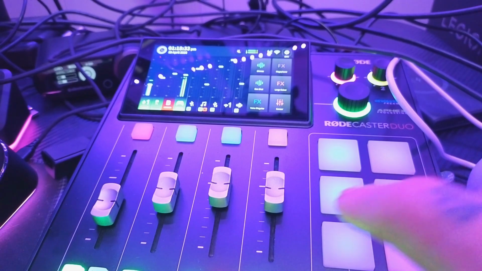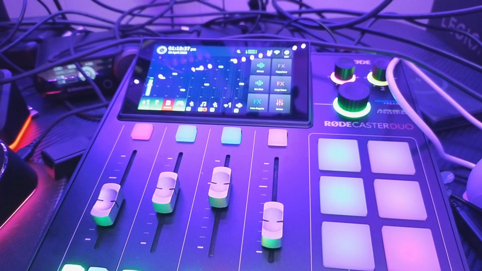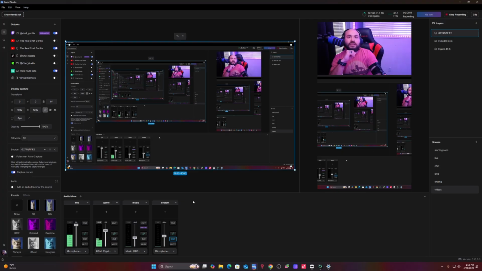So you'll be able to control your gaming audio through your mixer, and you can still control your audio separately from your gaming PC and your streaming PC. So I can hear the gaming audio loud in my headphones and be able to lower the volume into the stream. So if you look here,